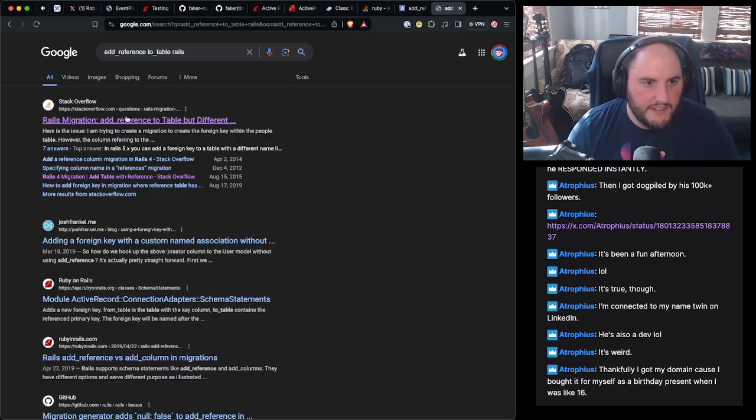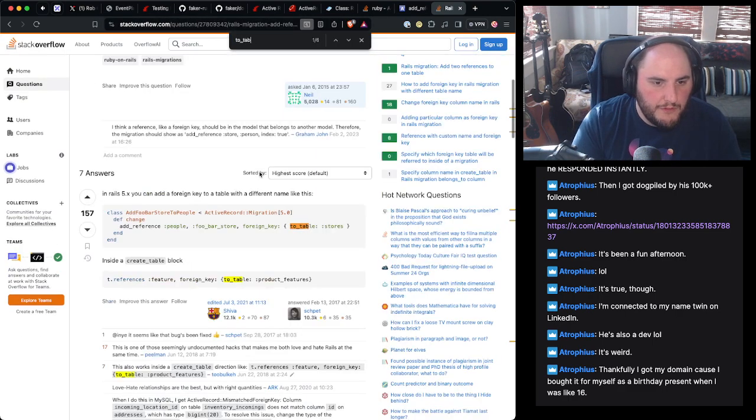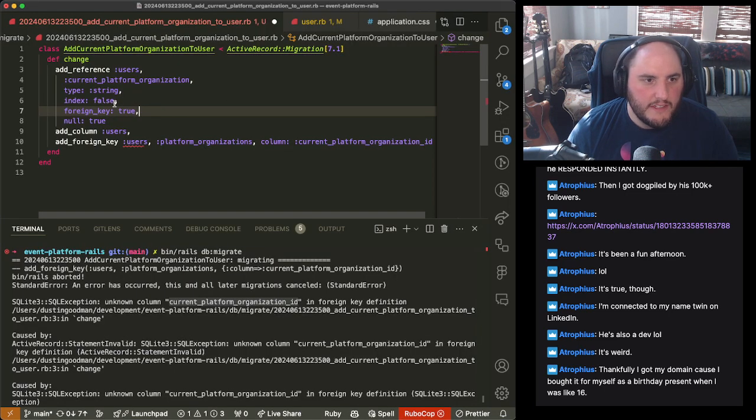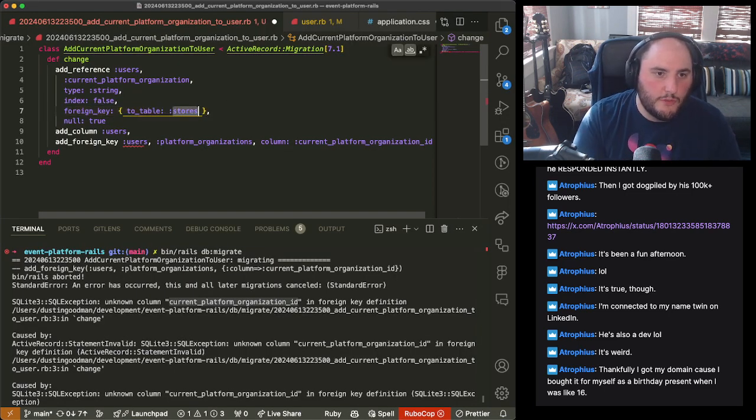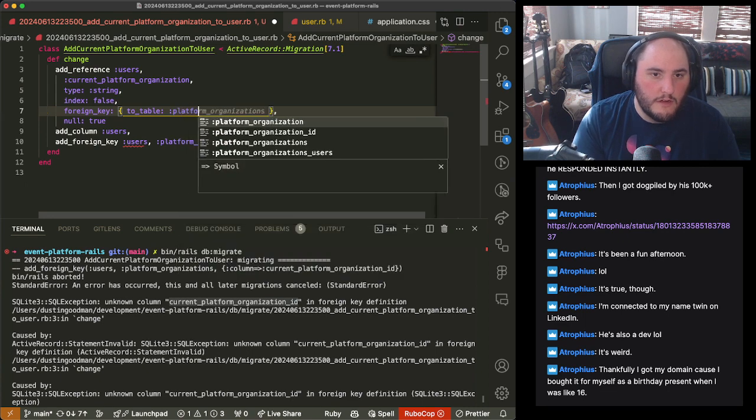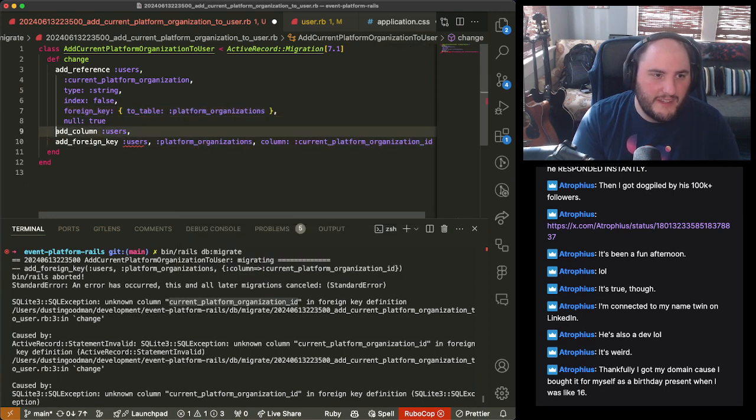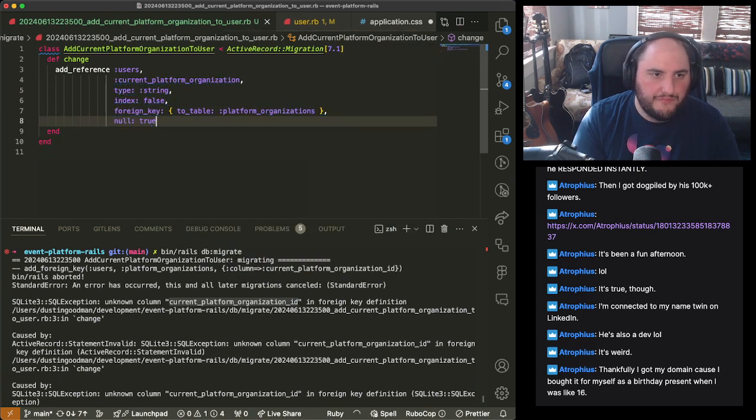Let's go find it. It says to do it, but to table. So add reference, foobar store, foreign key. Aha, that's what we're looking for. So in here, our foreign key isn't stores, but it's going to be platform organizations. So I think if we do all of that, we'll see if this works or not.